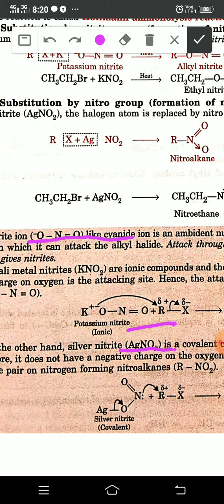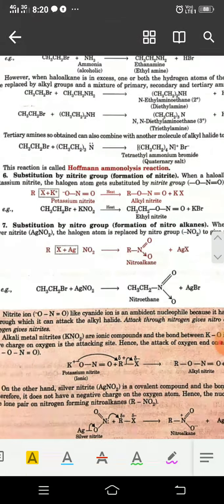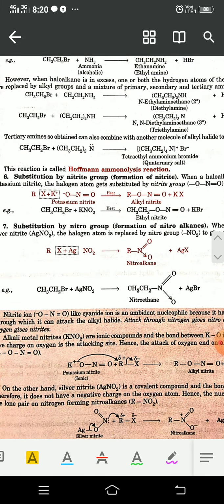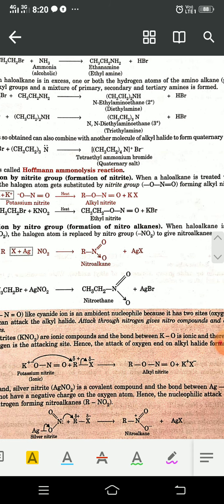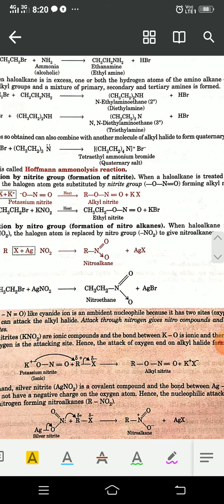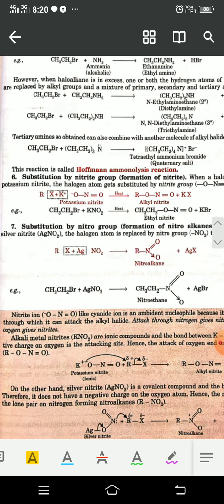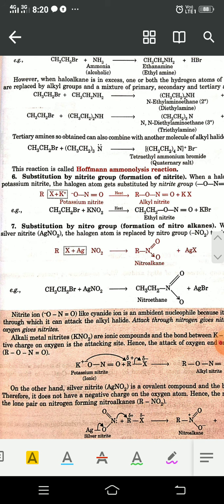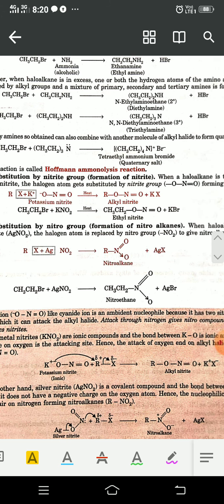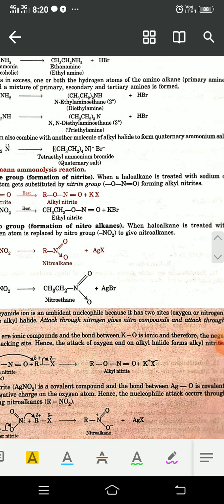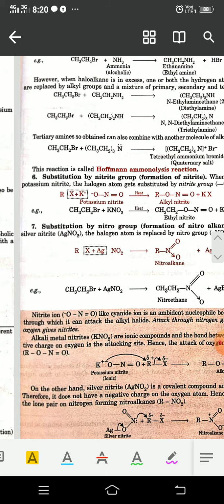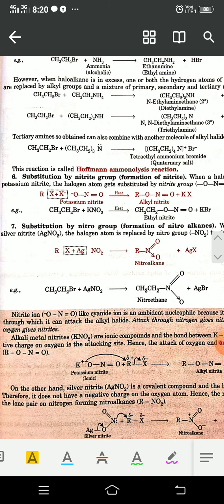Silver nitrite is a covalent compound and the bond between Ag and O is covalent, therefore it does not have a negative charge on the oxygen atom. Means when the bond breaks, the oxygen atom will not carry the negative charge. Hence, the nucleophilic attack occurs through the lone pair on nitrogen, forming